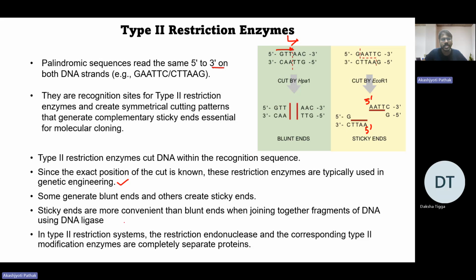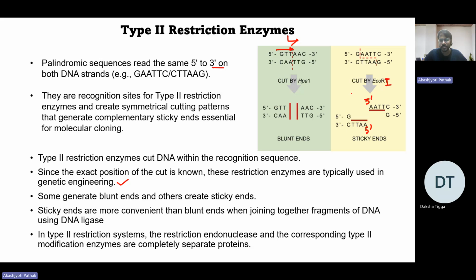Now, sticky ends are more convenient than blunt ends when joining together fragments of DNA using DNA ligase. Mainly, what is done is, for example, in our lab, we have both of these enzymes. We have HpaI and we have EcoRI. Both of these are present in our lab. And now I want to do a cloning. So what will I do? I will not use HpaI, but rather I will use EcoRI. Why? Because